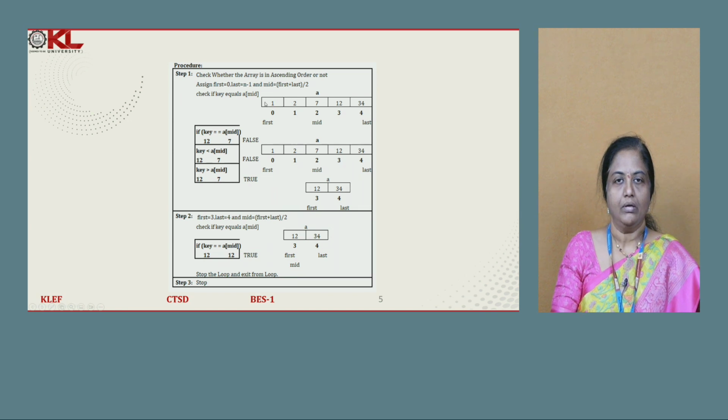See here, this is an array of size 5. The elements are 1, 2, 7, 12, 34. Remember students, your input must be sorted. Good. Your input must be sorted. Yes. And you know that all your